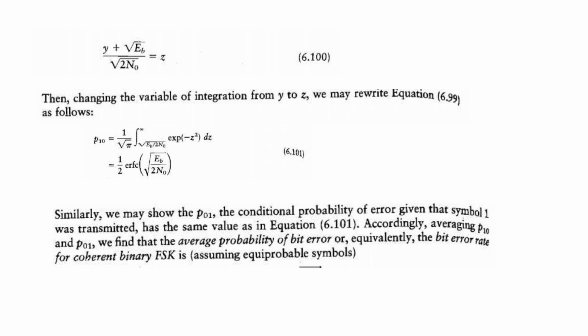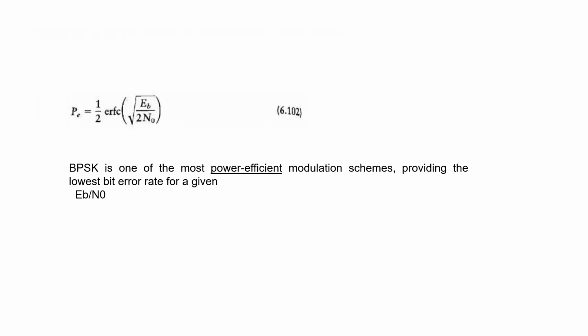After substituting the values, the above equation becomes 1 by 2 erfc of root Eb by 2 N0. Thus the probability of error is equal to 1 by 2 erfc of root Eb by 2 N0. Therefore, BPSK is one of the most power efficient modulation schemes. The energy of the signal is Eb by N0, and the probability of error is calculated as 1 by 2 erfc of root Eb by N0. Thank you. So finally, we have achieved the